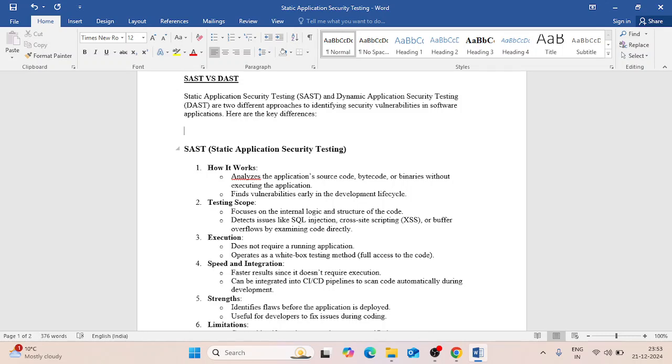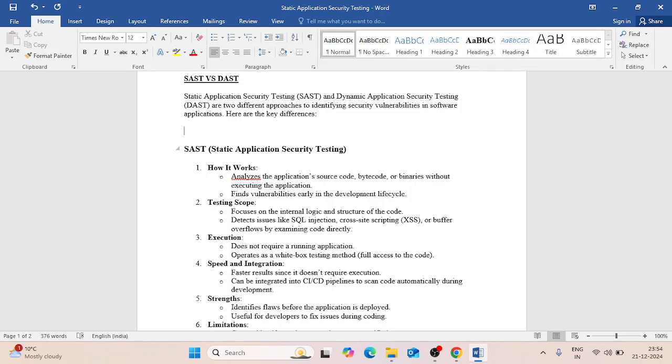If I'm checking the source code of an application, it comes in the SAST part. So SAST is that type of testing where an application tester has all the knowledge about the source code of an application.